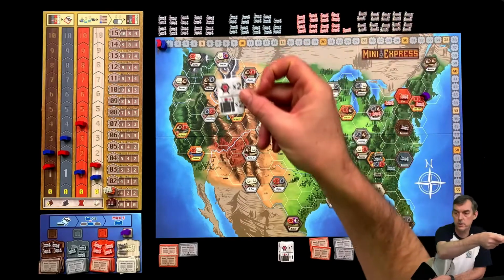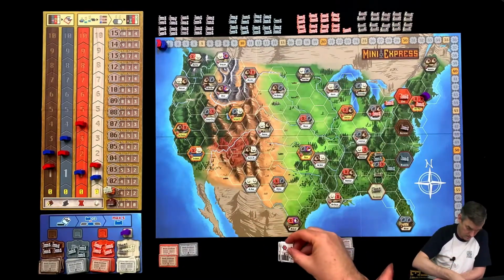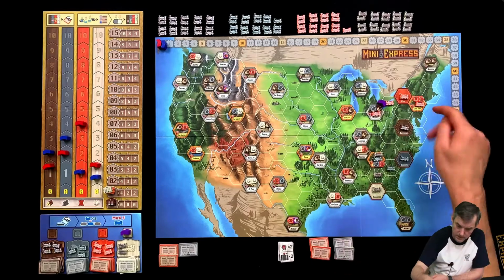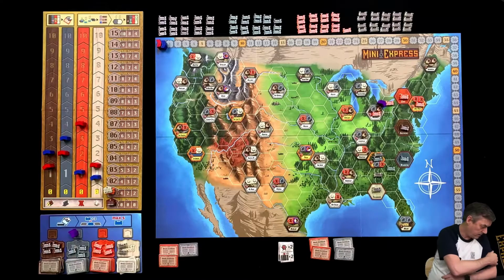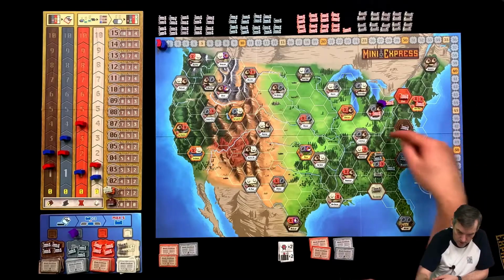It's got 2 on the city and 2 on the company track. So New York, Miami is 3, Detroit is 4. So that's 1, 2 spaces, and the company that's going to build with is grey. So the grey company is going to build towards Detroit, and it's got 3 trains, so it's going to build